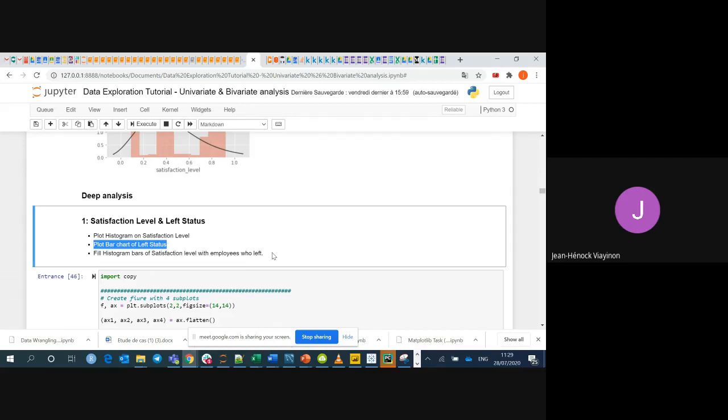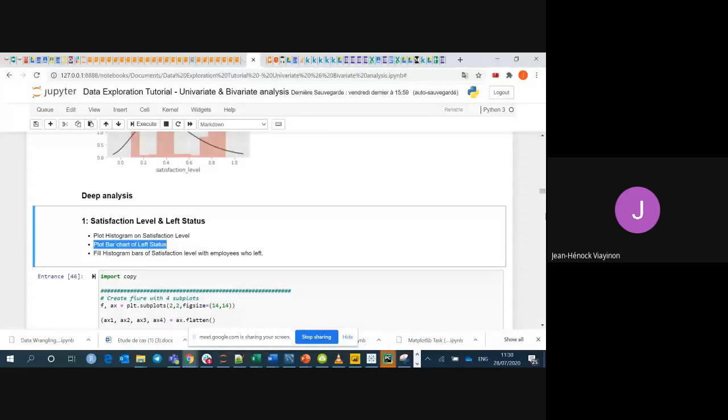I think you can Google about that. It's a kind of data processing technique used to reduce the effect of minor observation error. Your original data values fall into a given small interval, like the satisfaction level, which here just falls in a small interval from 0 to 1. Then you replace those values by a representative value of that interval. Most often we use the central value.